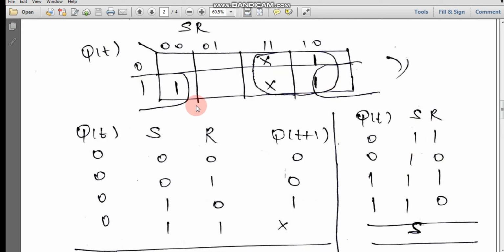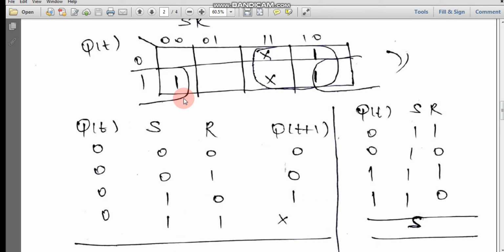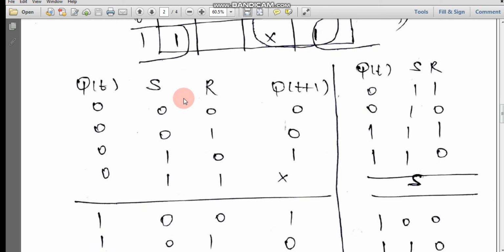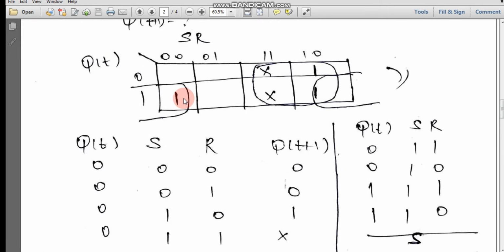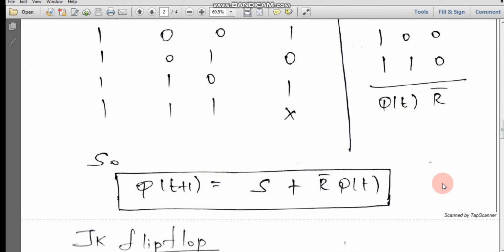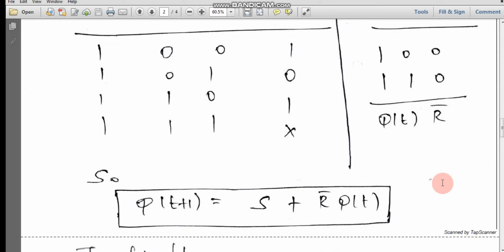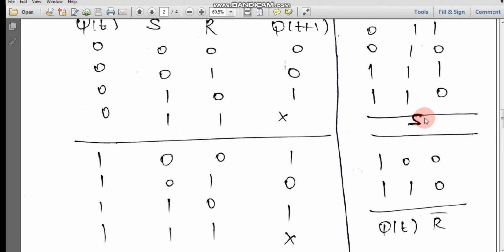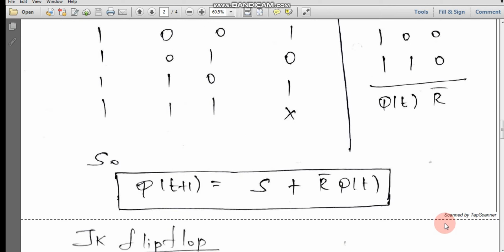And for this pair I am going to write an equation. So 1 1 1, 1 0 0, 1 1 0. I get an equation like this. This is Q of t, S and R 1 1. I get Q of t, and at this point I don't get anything, and here I am supposed to get R bar. So the final equation Q of t plus 1 is nothing but these 2 combinations: S plus R bar Q of t. So from this it is possible